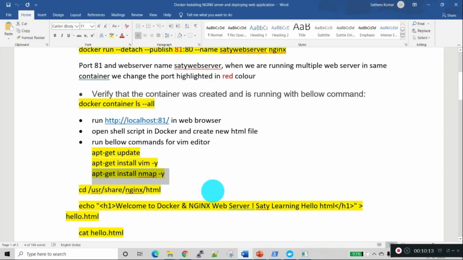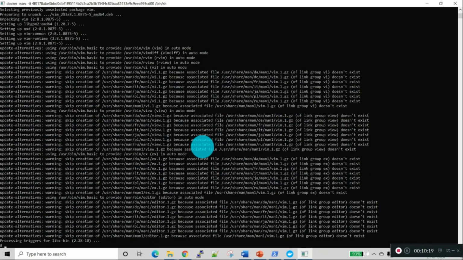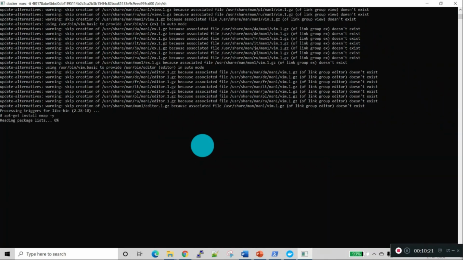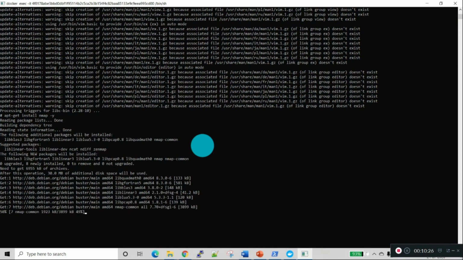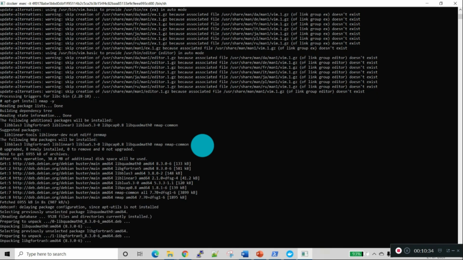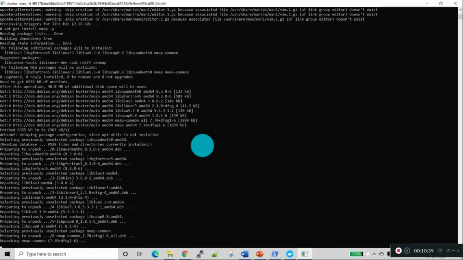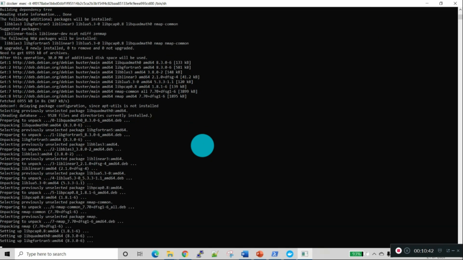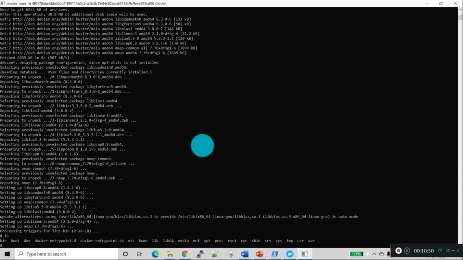Next we will run the next command. Set some packaging. Now we can run all the Vim commands.